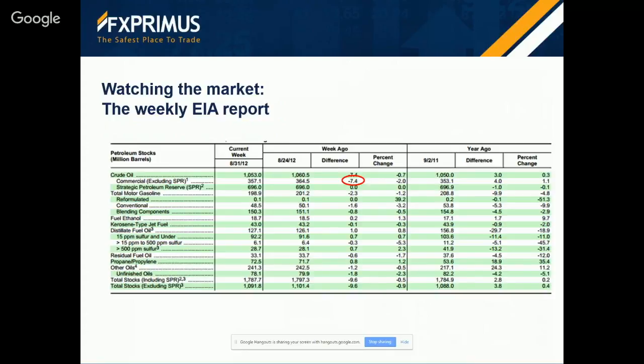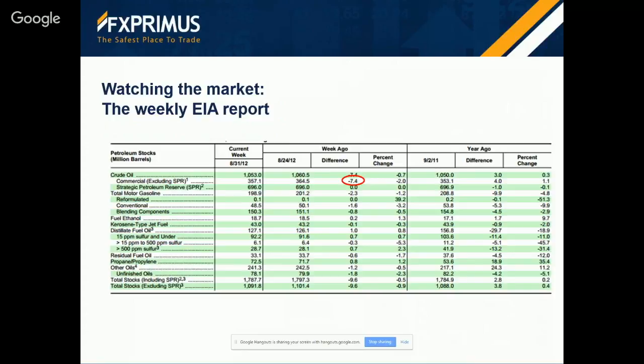Now, this is the EIA report for the same week that I showed you the API report. And again, the main thing is the change in crude oil inventories that everybody looks at. So in both reports, they're focused on the change in inventories from the previous week. A negative figure shows a drawdown in inventories, which suggests that demand exceeds supply. As a result, prices often move higher. Yesterday, the API announced a 6.2 million barrel drawdown in inventories, much bigger than expected. Oil prices were up 2%. On the other hand, an increase in inventories would tend to push prices lower.